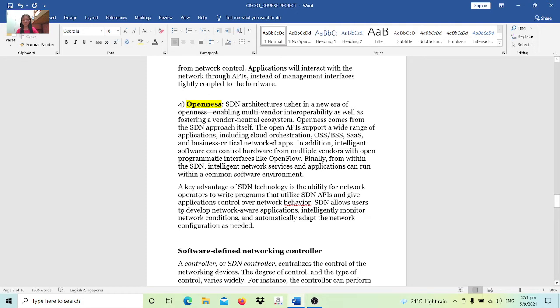SDN allows users to develop network-aware applications, intelligently monitor network conditions, and automatically adapt the network configuration as needed.